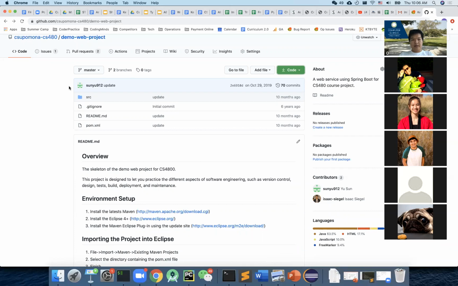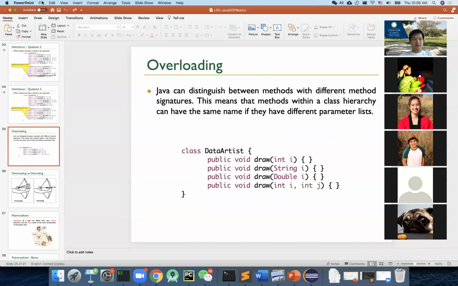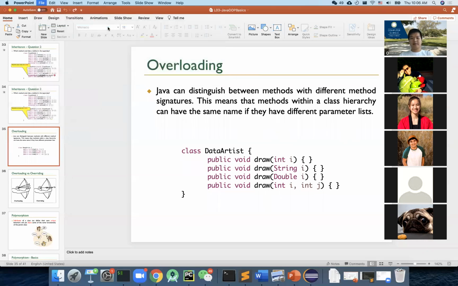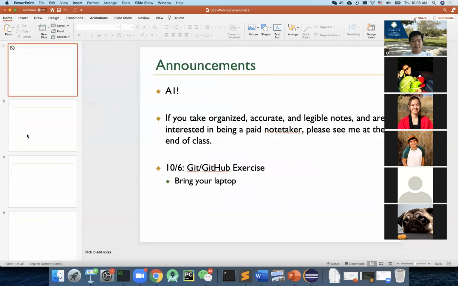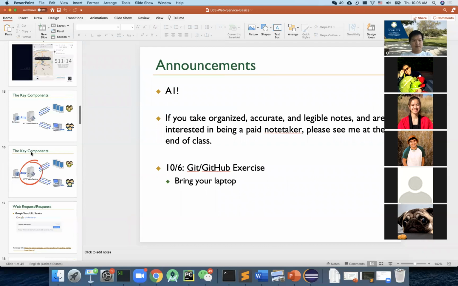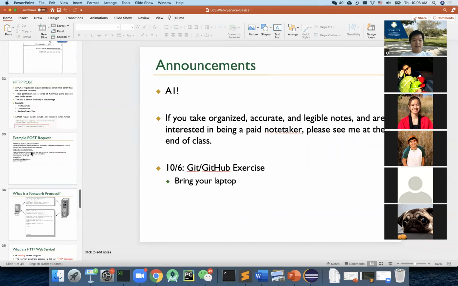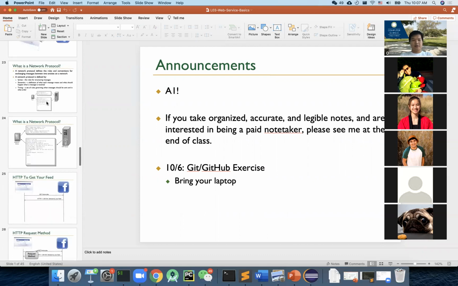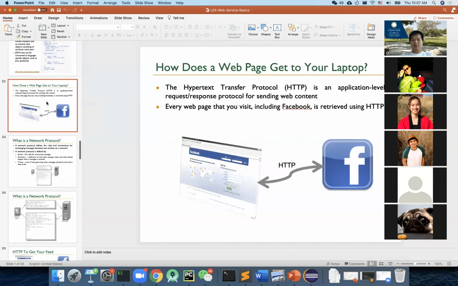All right, so back to the slides, we're talking about web services. Just a very quick recap. I was giving you examples of what web services are, and to build a web service, the technical